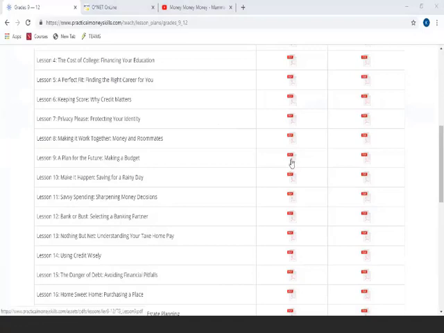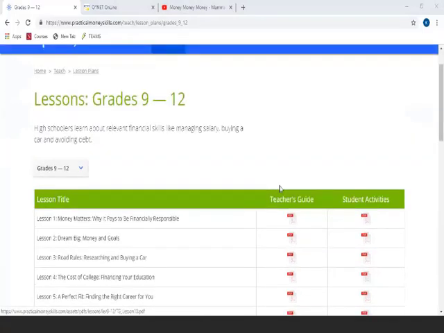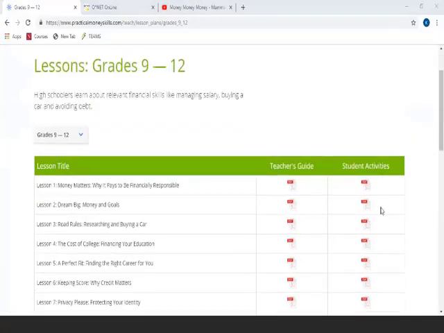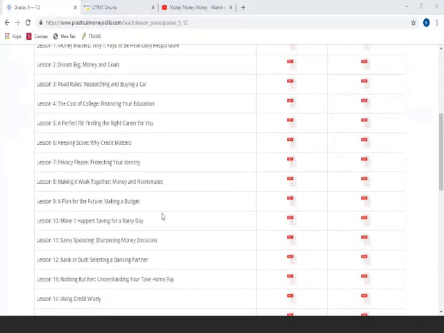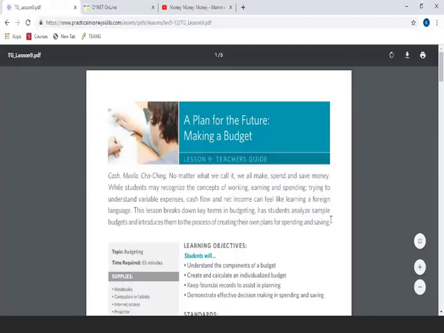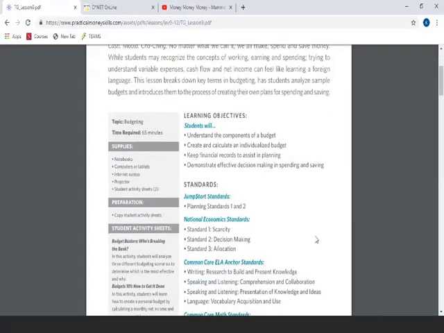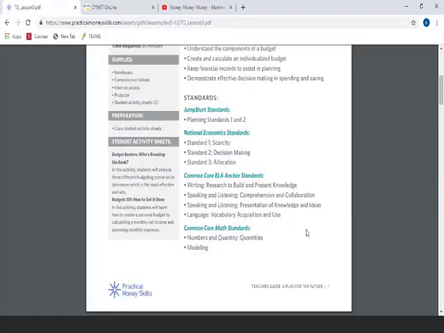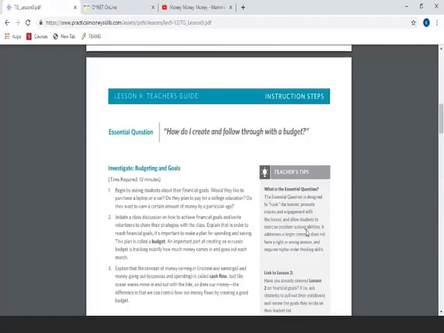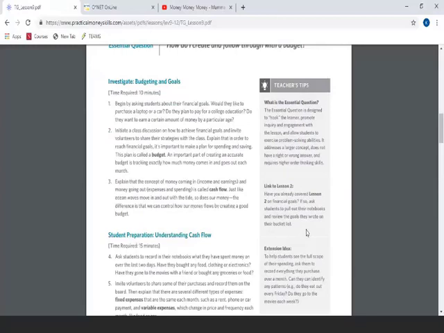And if you'll notice here, you have your teacher's guide and then student activities. And with each one of these, you open up the PDF here for this gives you your complete teacher guide, gives you your learning objectives. This is everything that you need to actually put into your lesson plan.